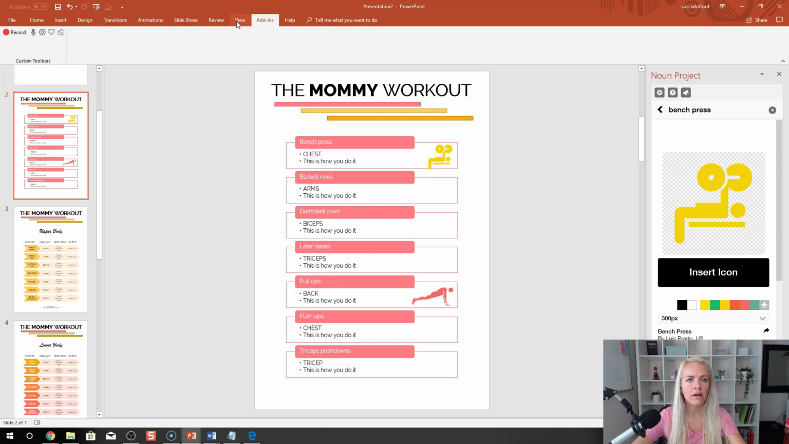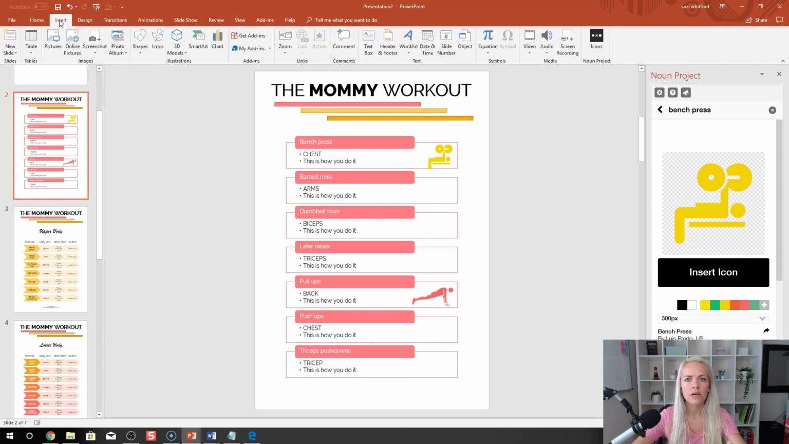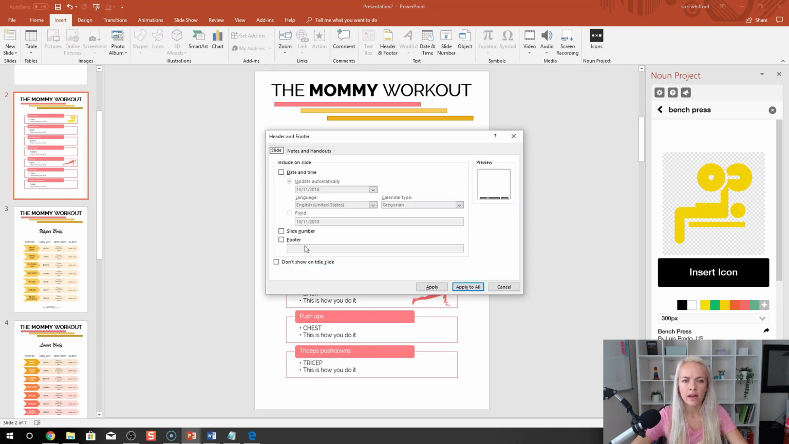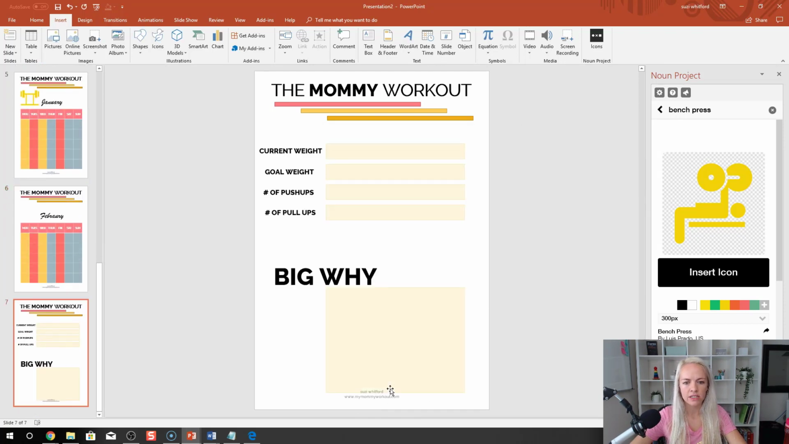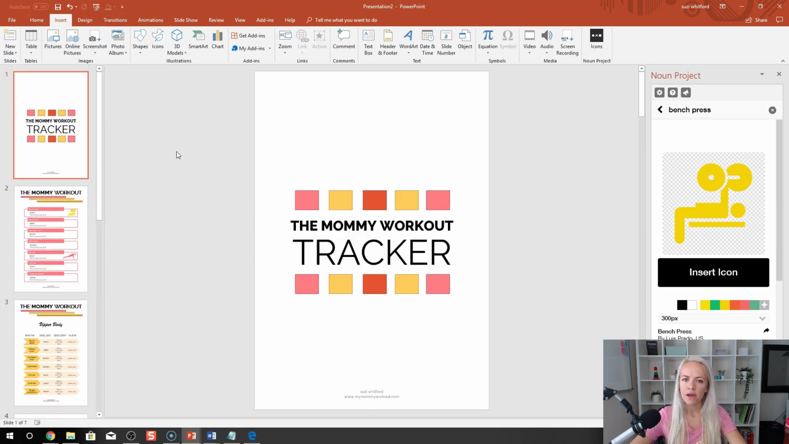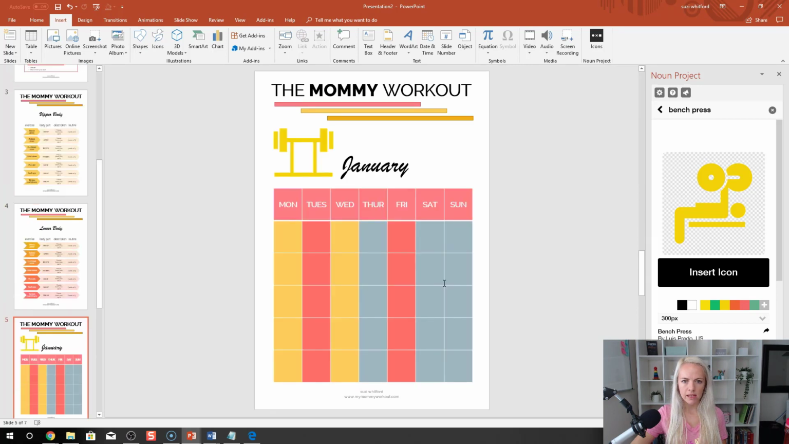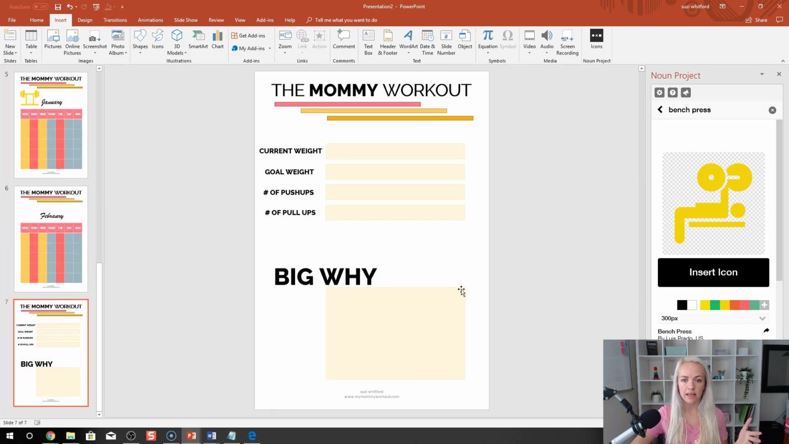So if you click on Insert, where is it? Header and footer. And on the footer, you can put your name and your blog and apply to all. So there you go. That will be added to every slide so that people know where to get you. All right, so once you're done with your slide and you're ready to use it on your blog as an incentive offer,